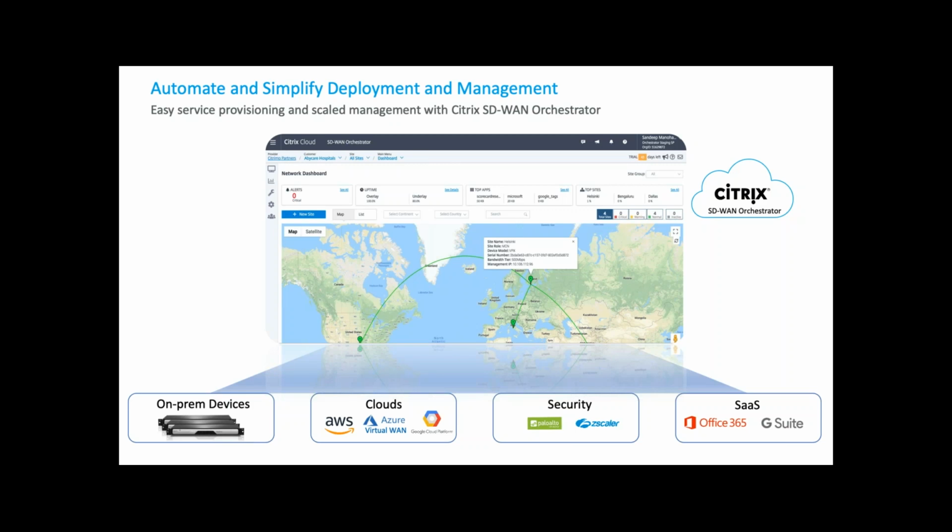They might have been burnt in the past by sending a device a couple of states across with a slightly misconfigured point-to-point link that interfaces with the telco, maybe a little bit of bad BGP configuration, the AS number or something to that effect is incorrect. But that stops you from getting on remotely and effectively commissioning the site. And you might work with the on-site support, who might not be a network engineer, that has that level of intelligence with networking to correct the site. So these are some of the issues that customers are running up against, and they've decided to put their SD-WAN projects on hold. So let's have a look at SD-WAN Orchestrator.